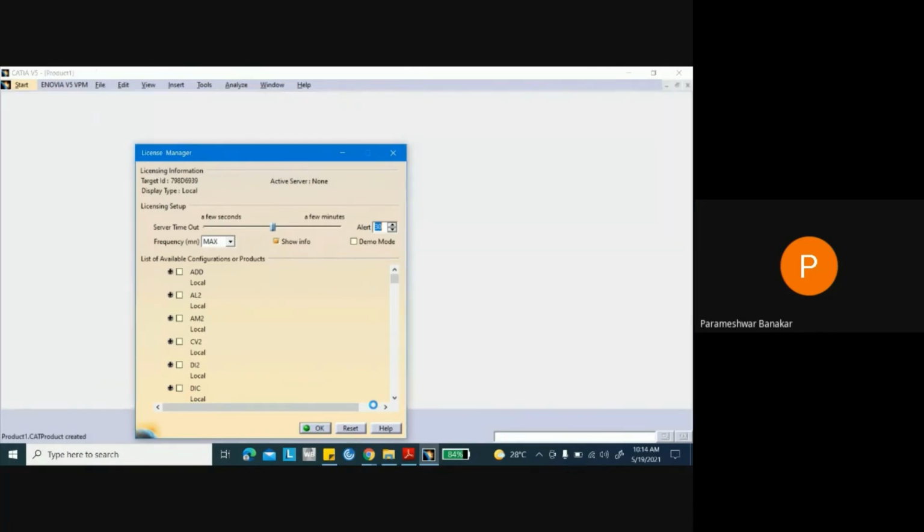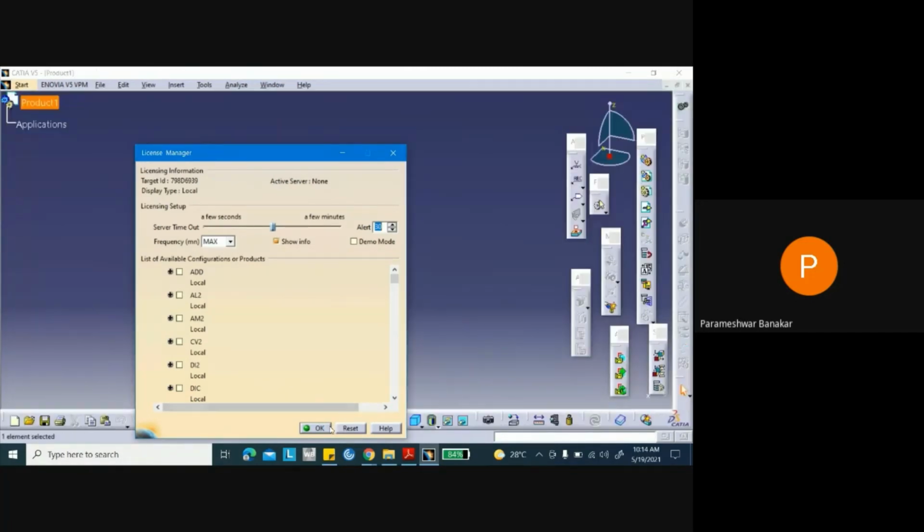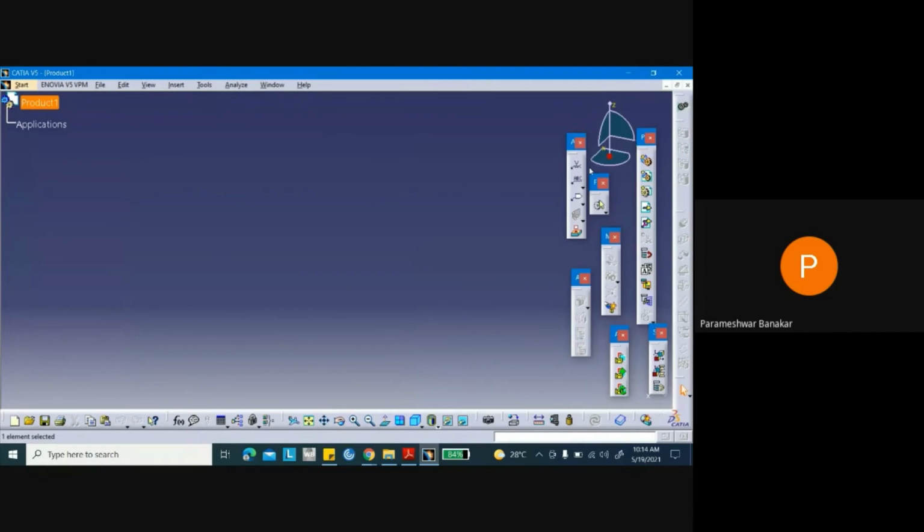Sometimes after working long hours, it takes time to open. Okay, now it is open.